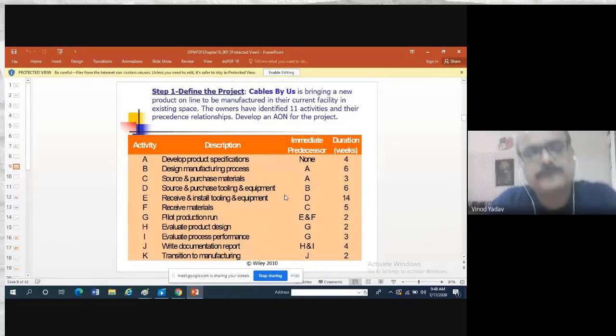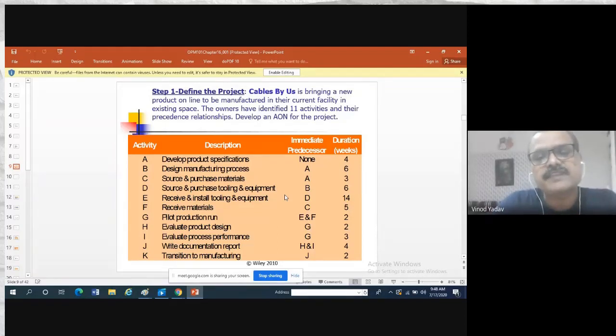See here what he did: activity A is developing the product specification. The first thing he did is develop a product specification. Whatever product you are going to make, we have to define its specification. We have seen this in our previous lectures, in the documentation technique lecture, which covered the difference between specification and features, and what we have to mention in a specification. We have to be very clear first, and with the specification we are also defining our scope management. So this part we have finished.